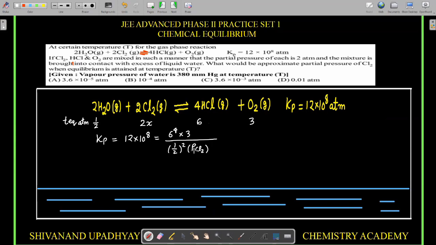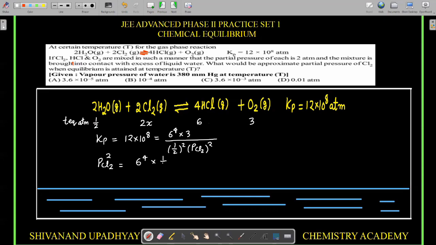So I'm not writing 2x. In place of 2x, I'm writing pressure of Cl2 whole square. So from here, I have to find out what is the value of pressure of Cl2 at equilibrium. So that can be written as, if I take this on the left hand side, pressure of Cl2 whole square and the other things on the right hand side. So this is equal to 6 to the power 4 into 3 divided by 12,